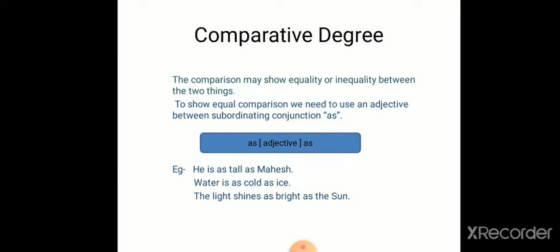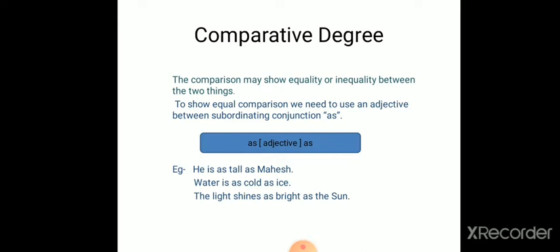Comparative degree. The comparison may show equality or inequality between the two things. See, comparison can be either in the positive form or in the negative form. If the comparison is for the positive sense, it will show the equality of the two things or two people. And if we want to show inequality, we also compare the things as well as the people. For example, we can say Ram is